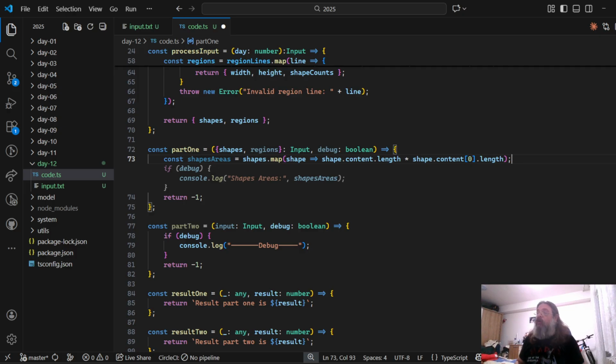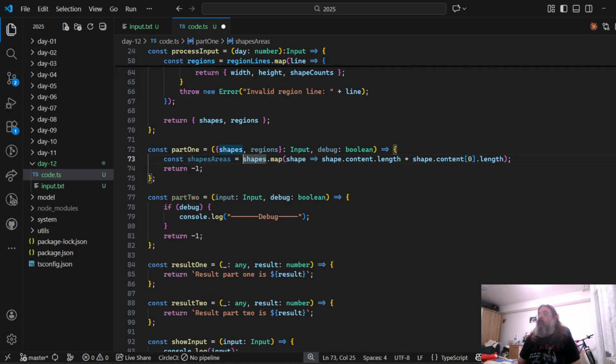Totally not, except the part when we're actually mapping. So we're mapping each shape. We need to map each shape to a number, basically. And so the shape's content,